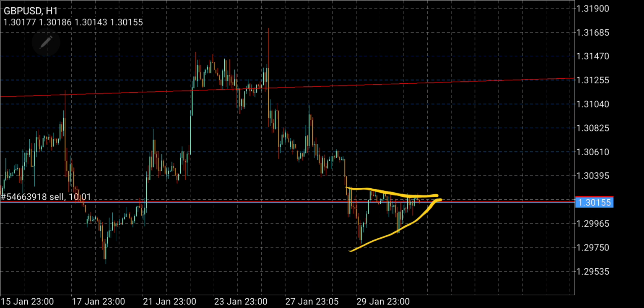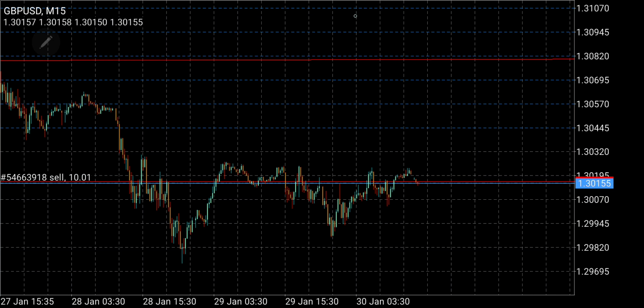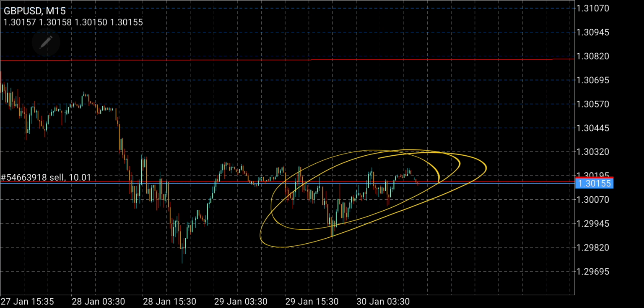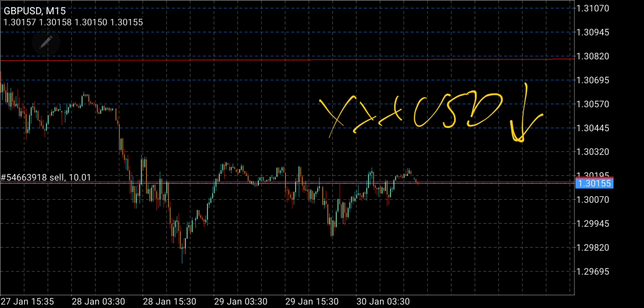So it still comes down. And then I can go into like a 5, 15. It's really nothing on the 15. I think this to me is consolidation. I don't trade that. But the reason I sold it is because we were already looking at the trades. We were already looking at XXX USD bears.